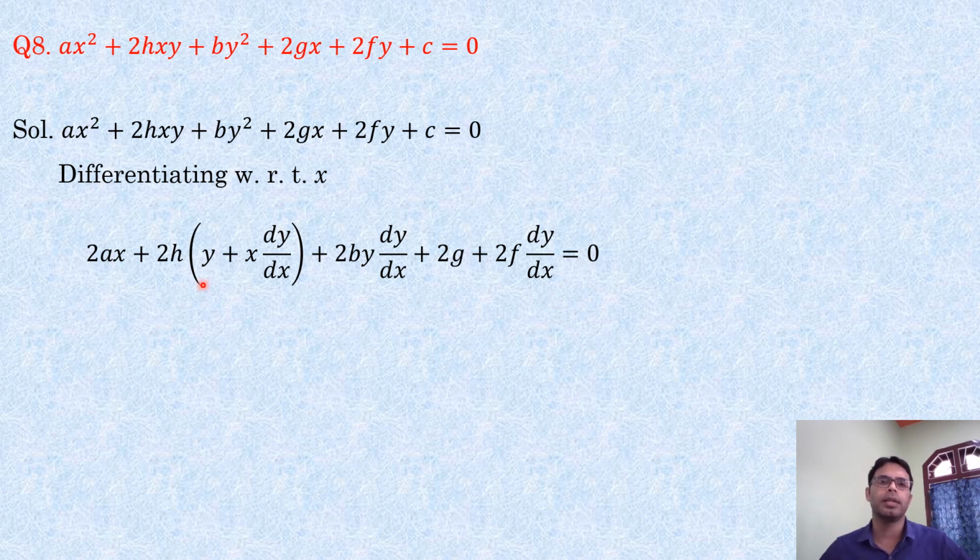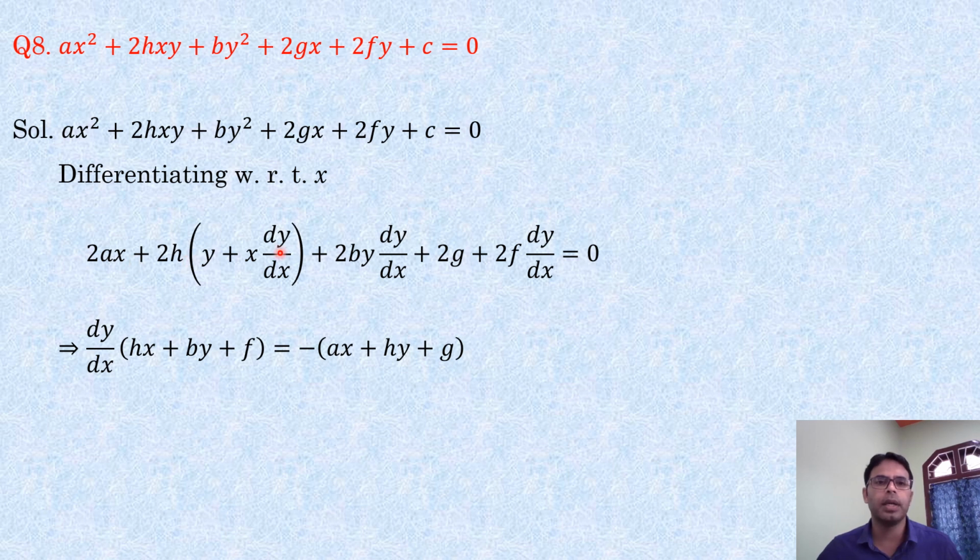Now complete the product, and this 2 is cancelled, and take common dy/dx. So dy/dx, here dy/dx is present, so it is hx dy/dx. dy/dx is taken common, so hx is remaining there. 2 is already cancelled, dy/dx, so by will be there, and here 2 is already cancelled, dy/dx, so f will be there. These three terms, hx, by, f, and the terms